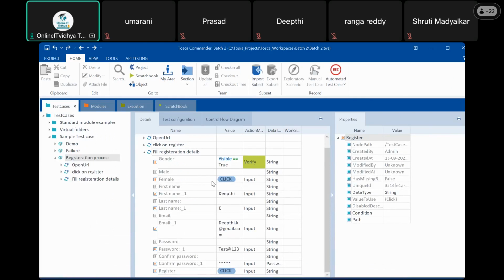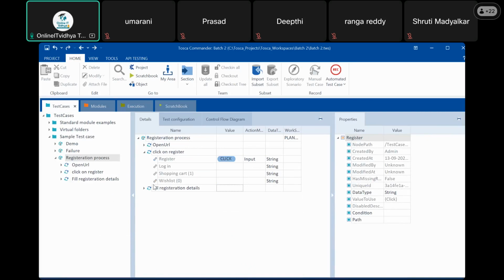See, I am performing click operation on female control, okay, female button, and after that I have filled all the required details. Okay, password I have given, whatever the password I have given, I am confirming with the same password, and then click on register button. Okay, now see,